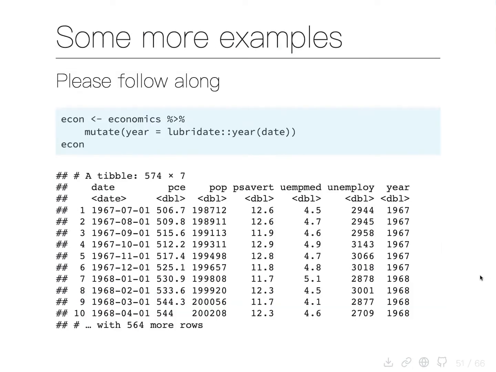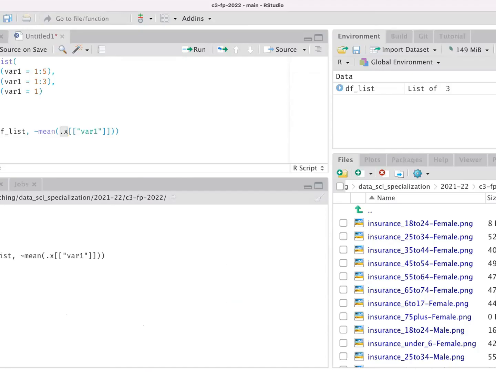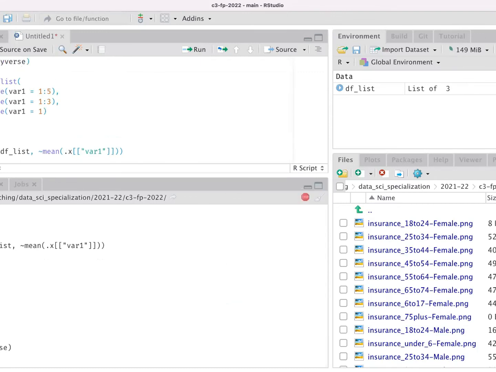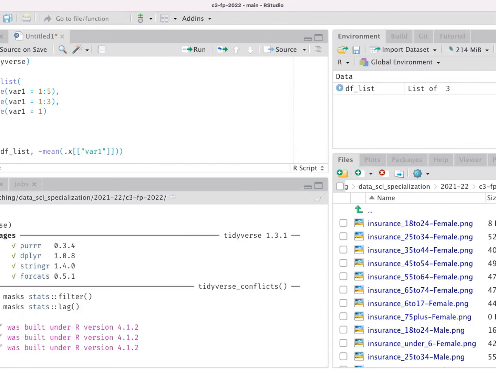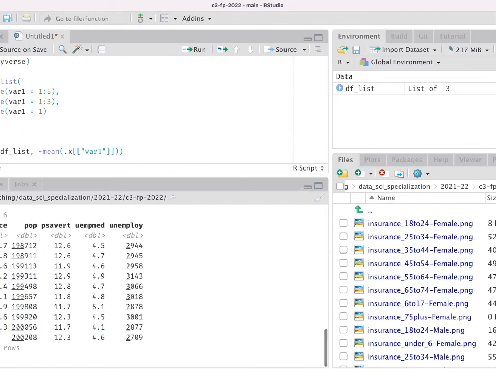Okay, more examples. Okay, now we're going to work with a data set called economics, which I think is just in tidyverse. So let me come here real quick. Go library tidyverse. And then I'll go economics. And there it is. Okay. So you should have economics